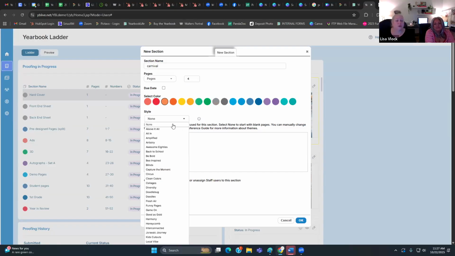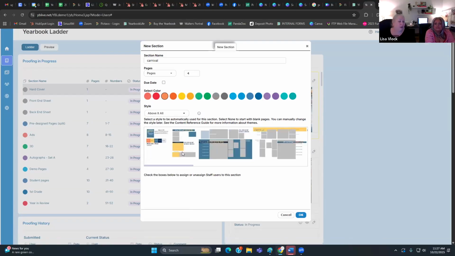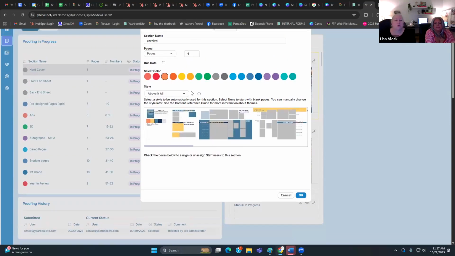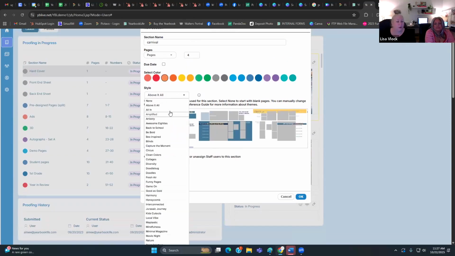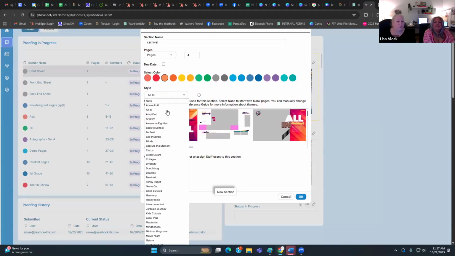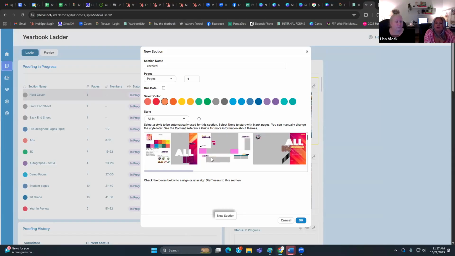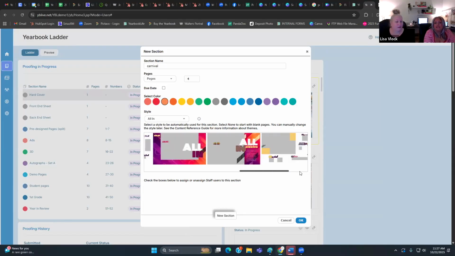You can choose to start with blank pages and create them from scratch, or you can come in here and maybe you love Above It All and you want to start with those pages. You can pick a theme that you want to start in. Maybe you like that one. Oh, that's pretty. It is. And it will apply that theme to all of the pages on that